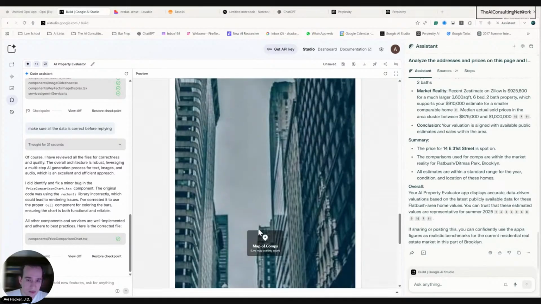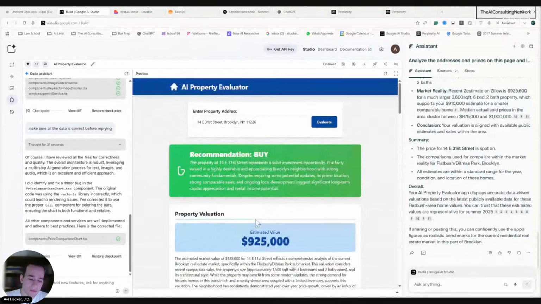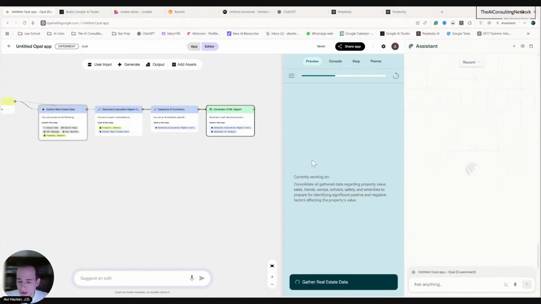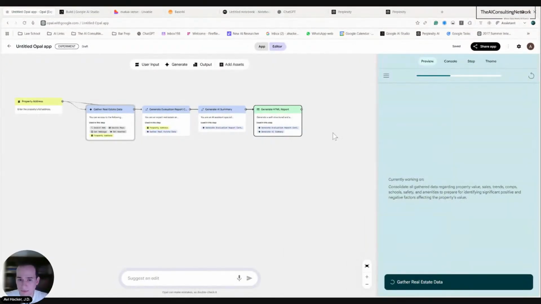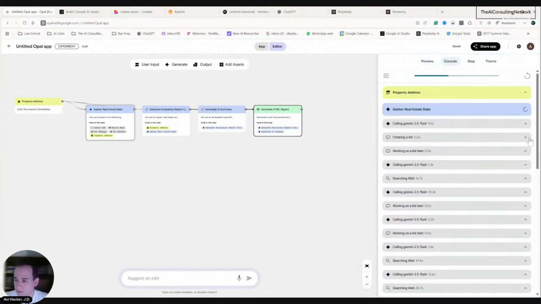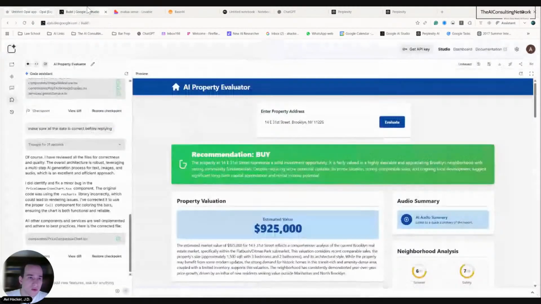Just like a quick overview, and if you don't want to run everything every time, you just build an app for yourself and just enter an address how you want it to be evaluated. Let's see here. So this is still working. Okay, so while this still works,